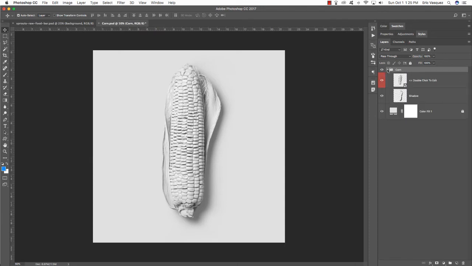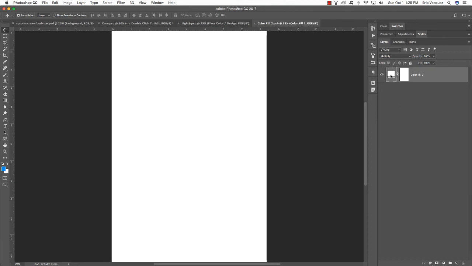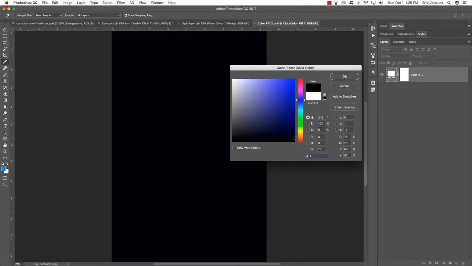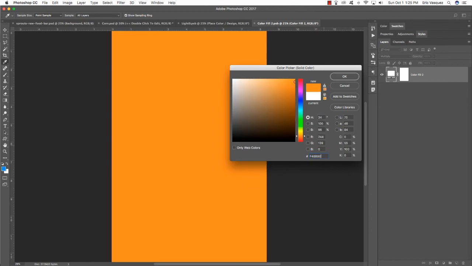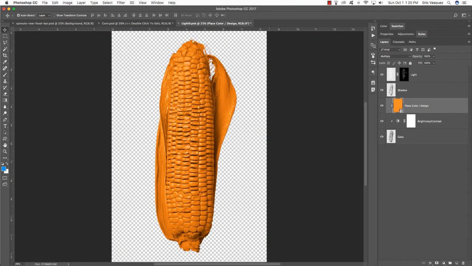And just like our box, all you have to do is expand this group folder, double click on the first smart object in here, double click on the place color / design smart object, and now for the fill color, we can go ahead and change this to maybe a nice orange. I think would work pretty well. So let's try F48B00, hit return,